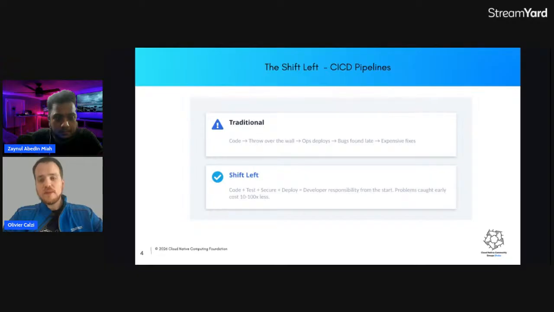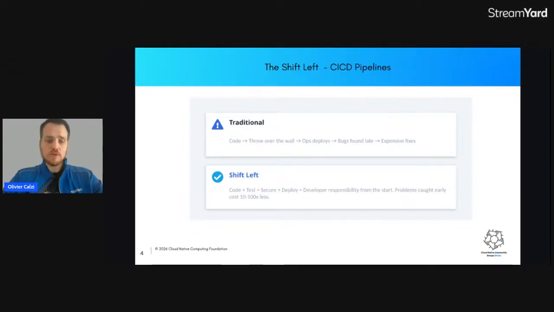Once upon a time in the life of a developer, it was simple. You just had to work on your code, throw it on your Git, and wait for others to test it and tell you that you messed up. Now, it's not working like that anymore. You have to be certain that every commit that you send is valid and follows your firm's best practices and guardrails. That's what we hear nowadays as shift left.